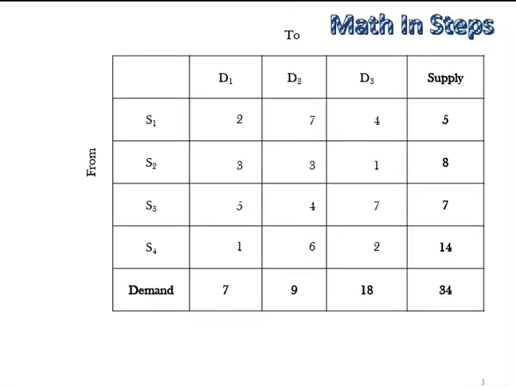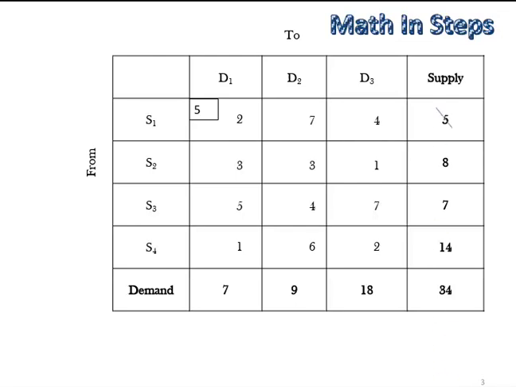So rewriting the problem in this tabular form, we have to identify from the cost matrix which one is the northwest corner cell. So you can see here S1D1, the cell with cost 2 is the northwest corner cell. So we'll make our first allotment here. The allotment is minimum of supply and demand at any cell. So for the first row S1D1 cell, the supply is 5 and the demand is 7. So we'll be allocating 5 here. After allocating 5 here, the supply of source S1 is complete.